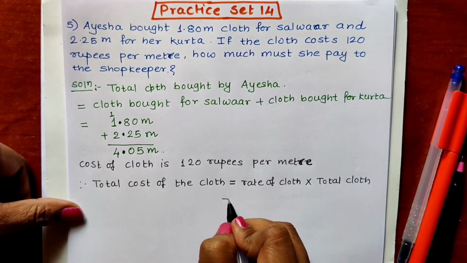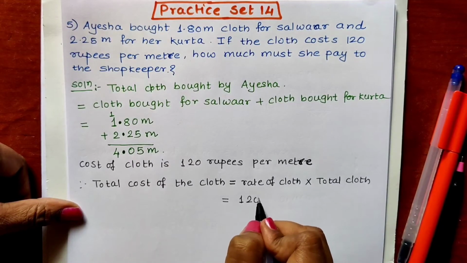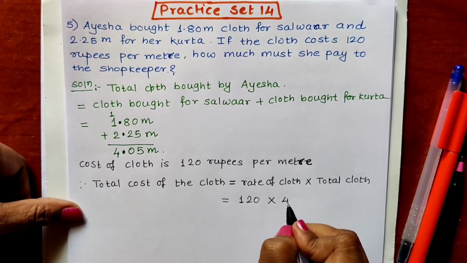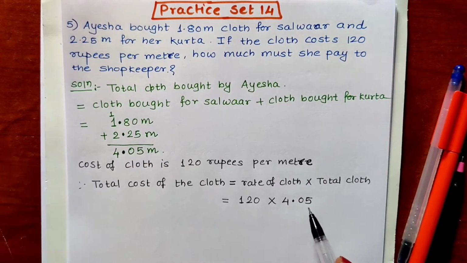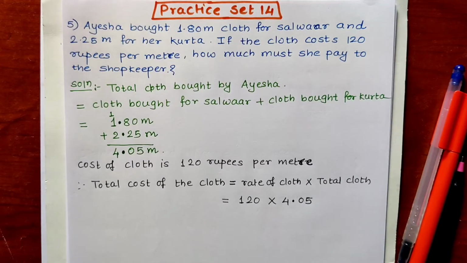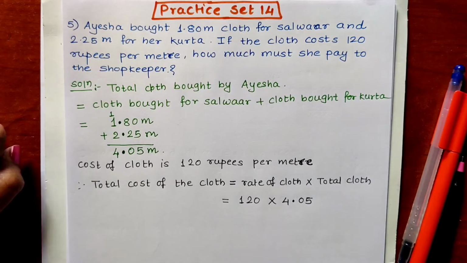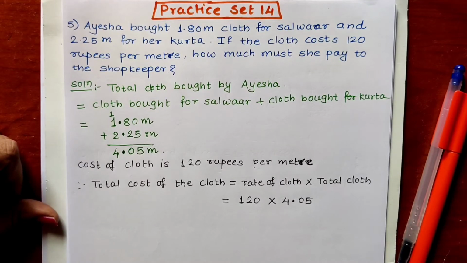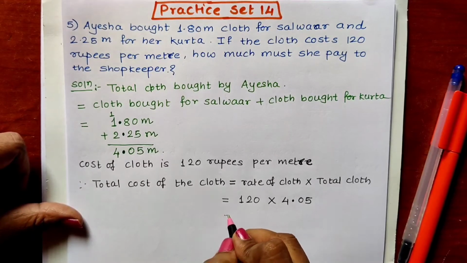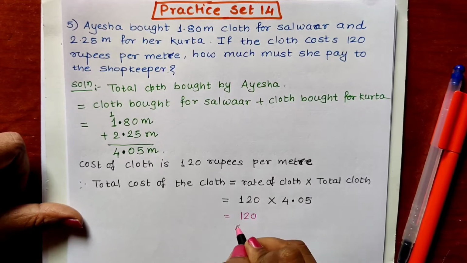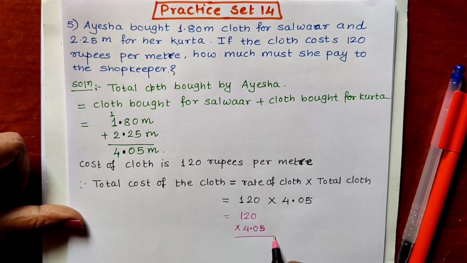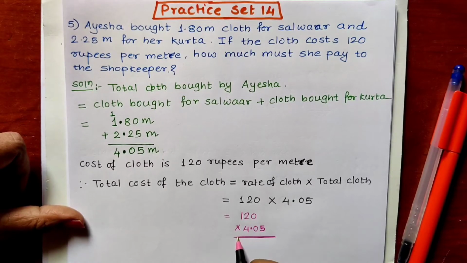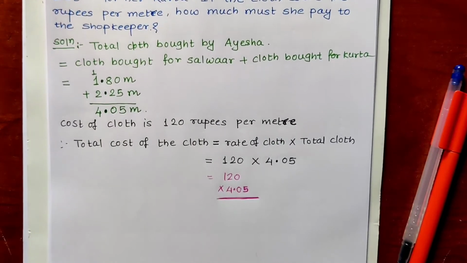So what is the rate of cloth? It is 120 rupees per meter. And how much total cloth she has brought? 4.05. So we have to multiply 120 by 4.05. Let us multiply. I will be writing the numbers one below other. 120 multiply by 4.05. Now this multiplication is there in the next exercises, next practice sets. I will be explaining in short here. So when we multiply,